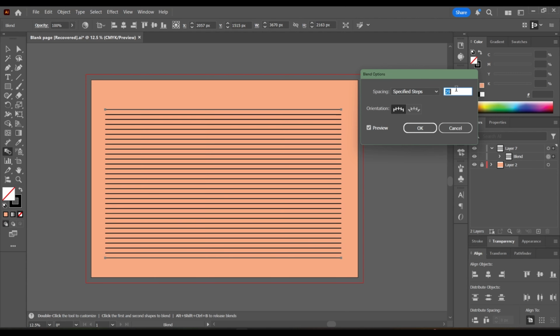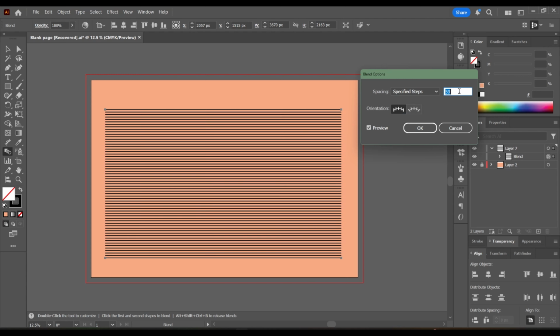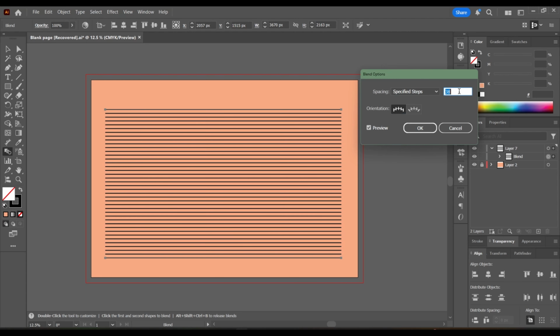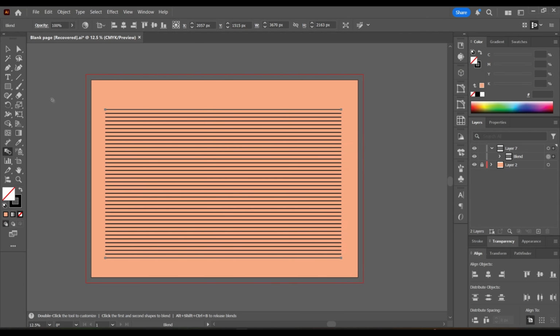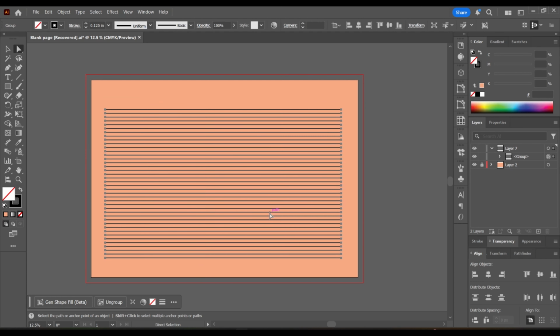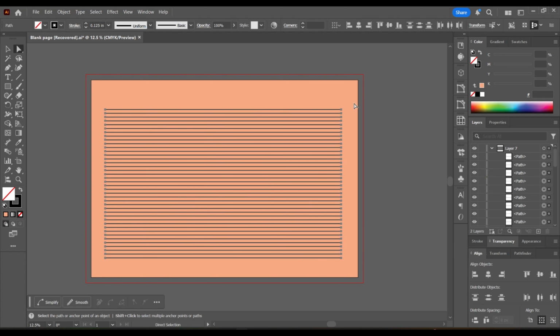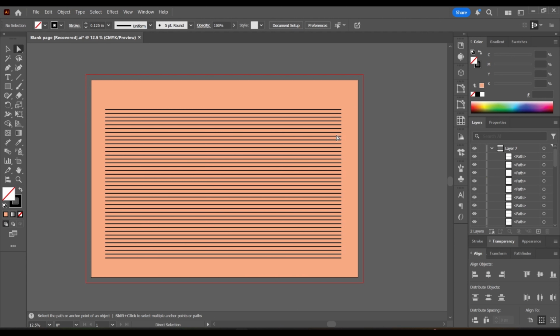And you'll see these lines are not individually separated, just like the other one. And because we have 2 lines, we are going to select both of them. And we're going to do the same thing we did with the other approach. So while you have them selected, go to Object and select Expand. Then click OK. Then right-click and select Ungroup. Now you have them all separated and you can move them individually.